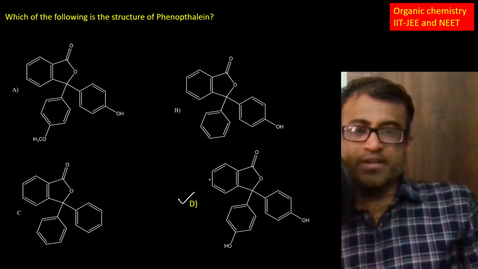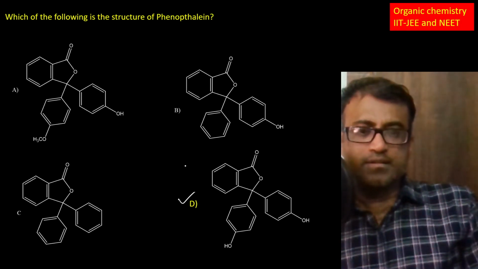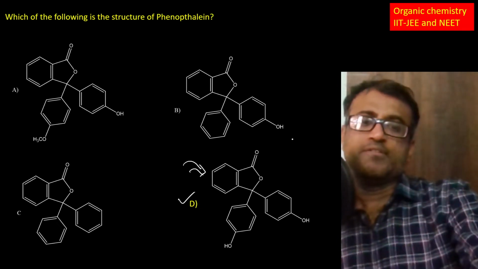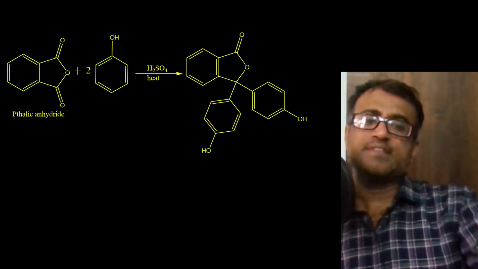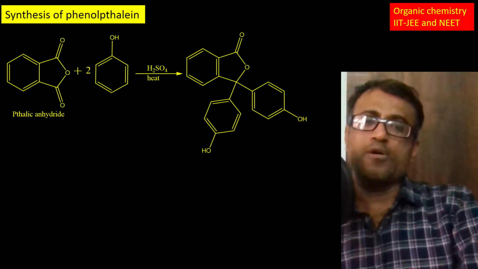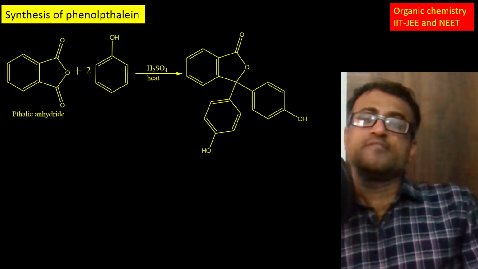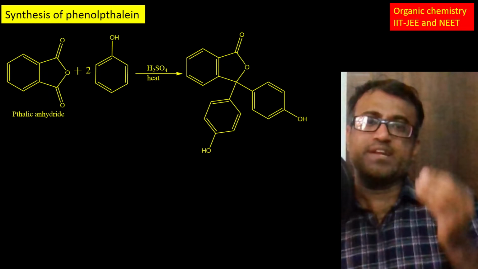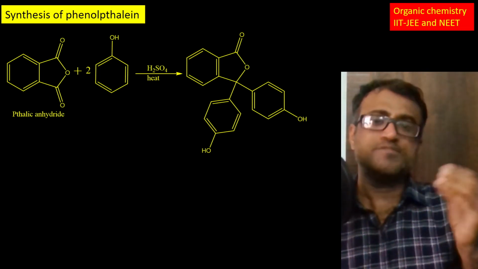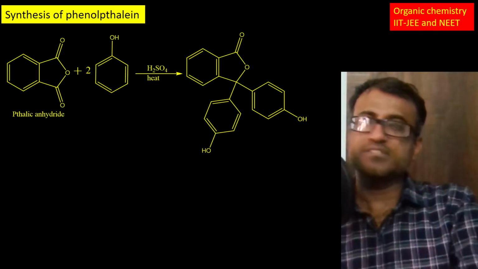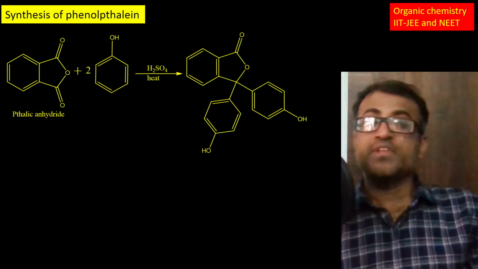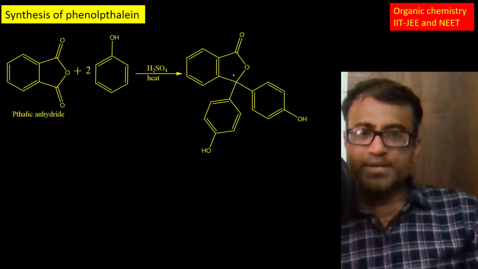तो फ्रेंड्स, ये phenolphthalein सिंथेसाइज कैसे होता है इसकी ओर हम बढ़ेंगे. Friends, phenolphthalein is synthesized by using phthalic anhydride and two molecules of phenol. When phenolphthalein is synthesized, what exactly happens? Phthalic anhydride is reacted with phenol in presence of acid, and the reaction mixture is slightly heated and the phenolphthalein is synthesized. If you observe the structure of phenolphthalein,